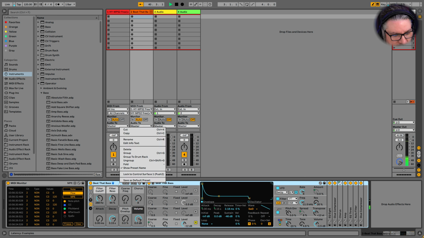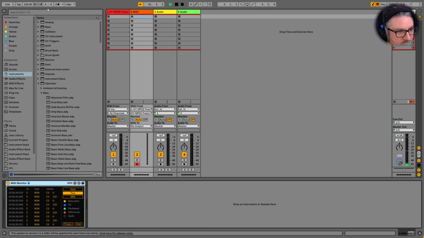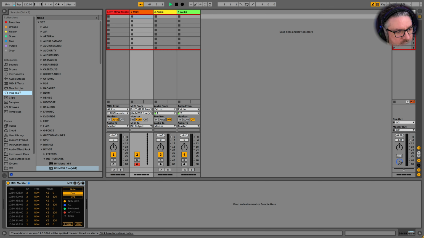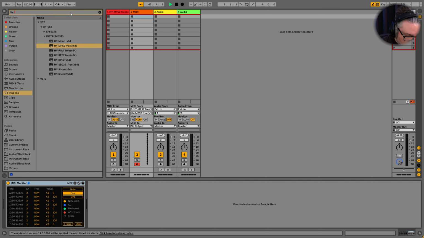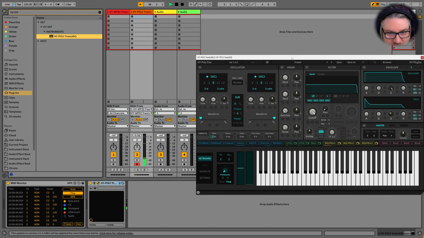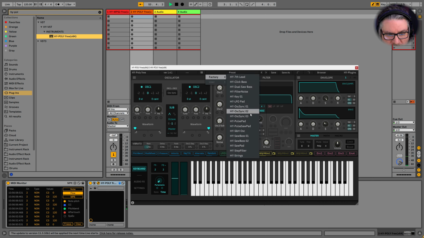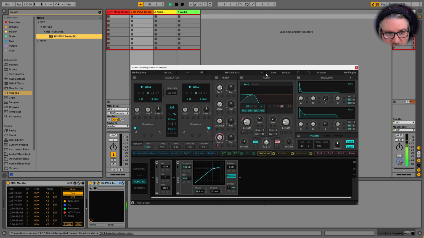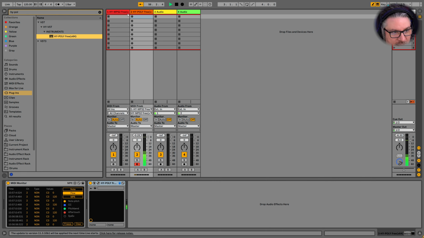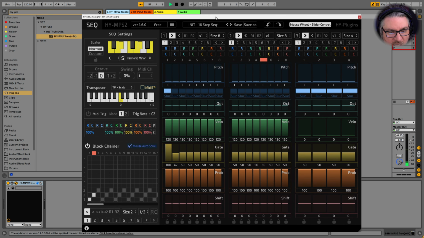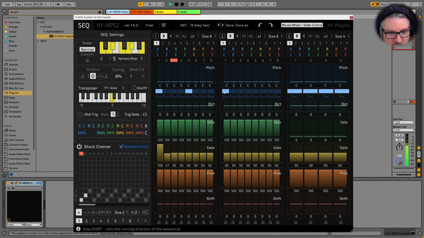Actually, let's do something from scratch instead of doing it this way. Let's do analog. Actually, no, let's use HY poly instead. Yeah, that's cool. Light or dark? Okay, keep it light. What do you got? Let's see, click bass. That works. Cool. Now, I'm not going to do anything with poly anyway. So mono is fine. So let's set up a neat little sequence.